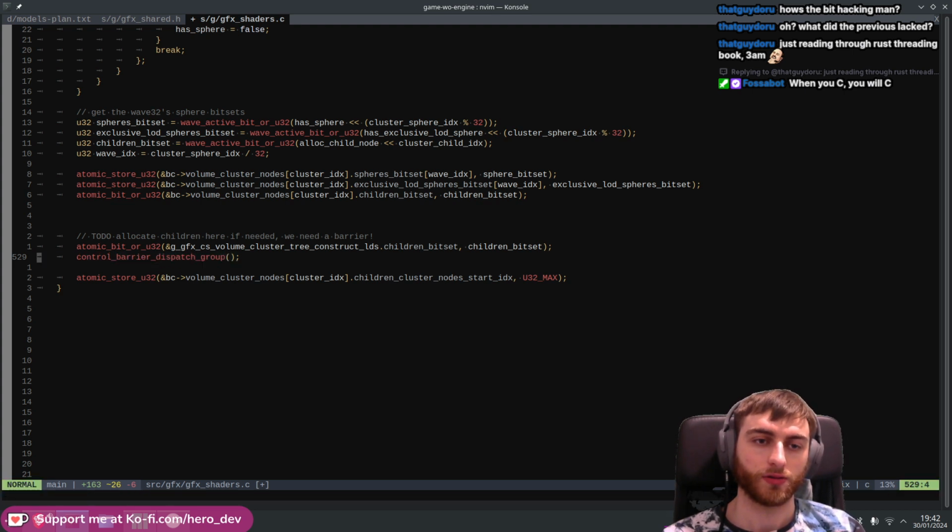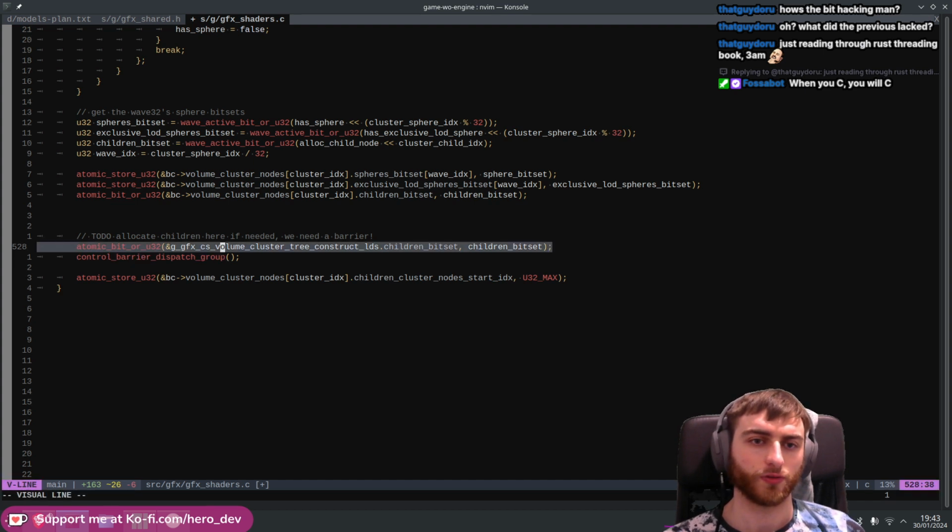Wait here until all of the waves reach this point in your thread group or dispatch group, and make sure the memory is synchronized as well. So we synchronize the LDS, and